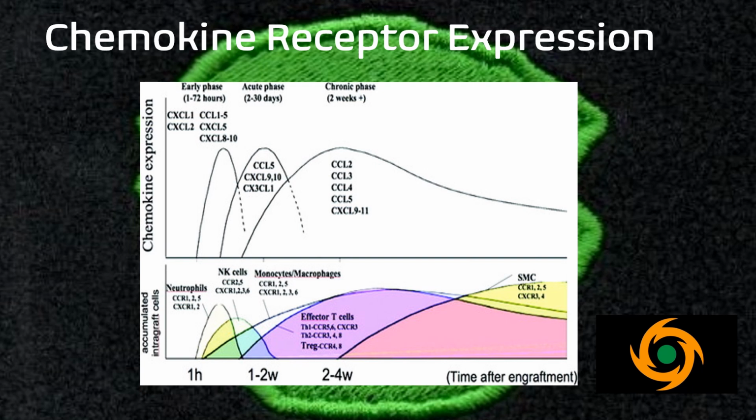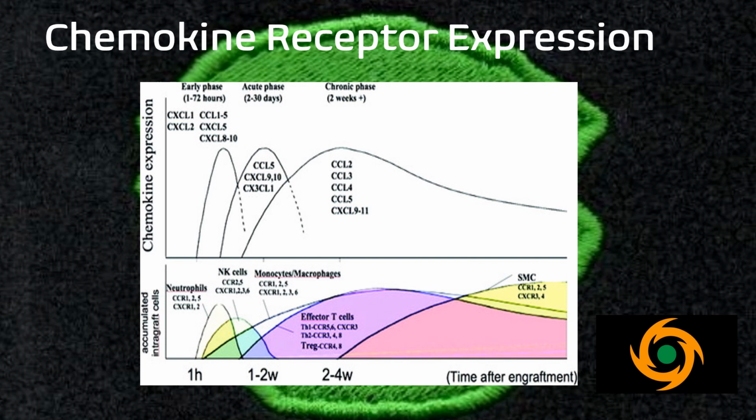and then between 1 hour and 1 to 2 weeks, you have natural killer cells, which include CCR2 and 5, and then CXCR1, 2, 3, and 6 expression. And then from 1 to 2 weeks to 2 to 4 weeks, so up to a month post transplant, you have monocytes and macrophages, CCR1, 2, and 5, CXCR1, 2, 3, and 6,